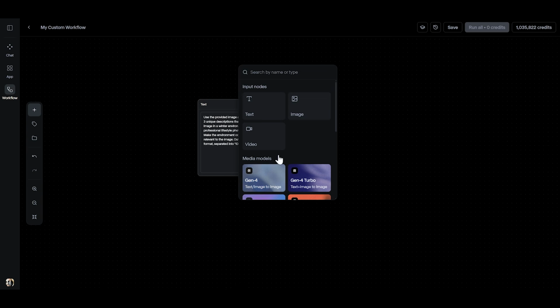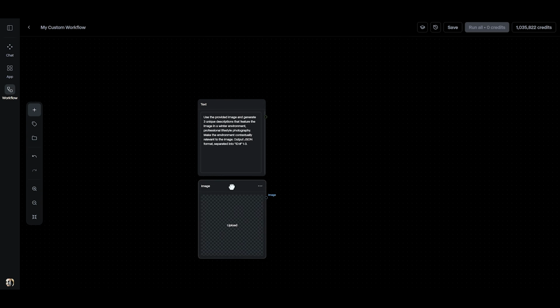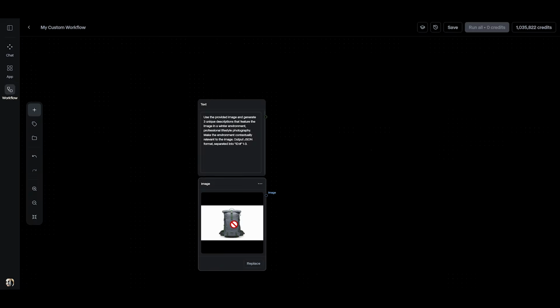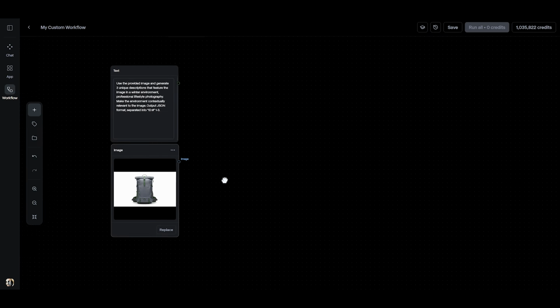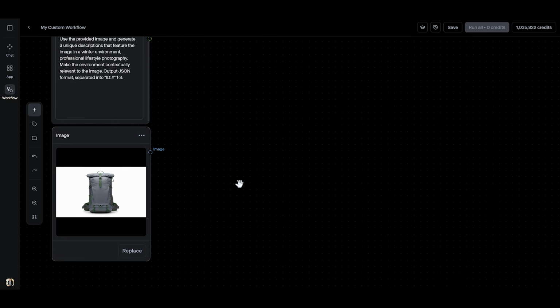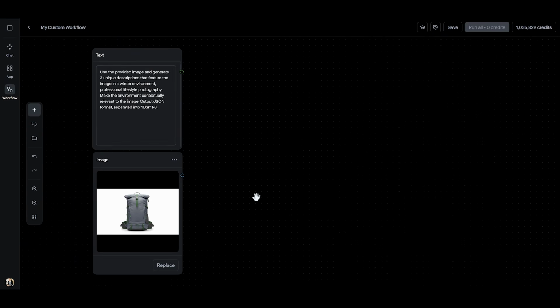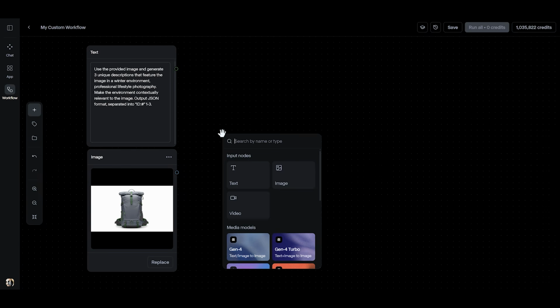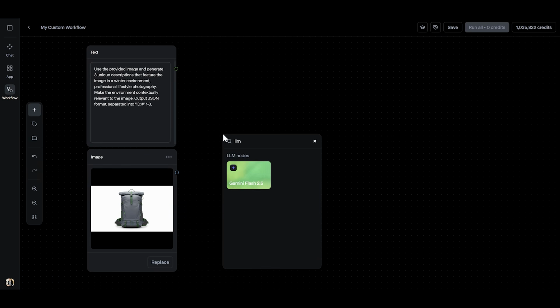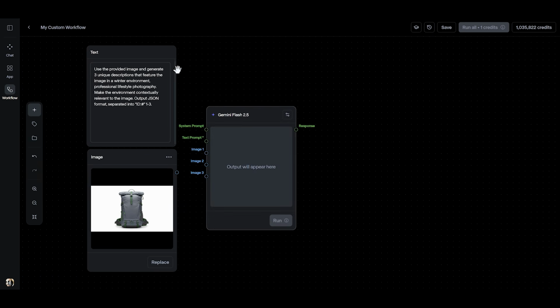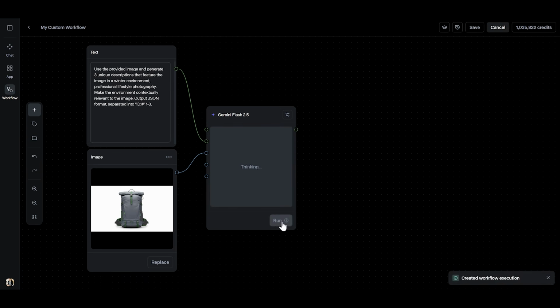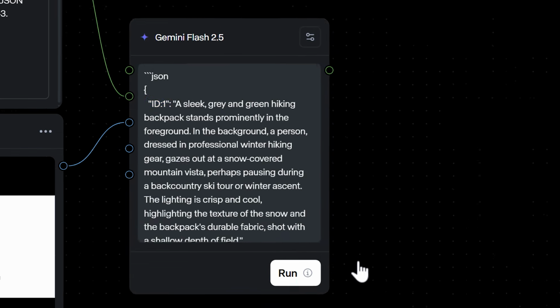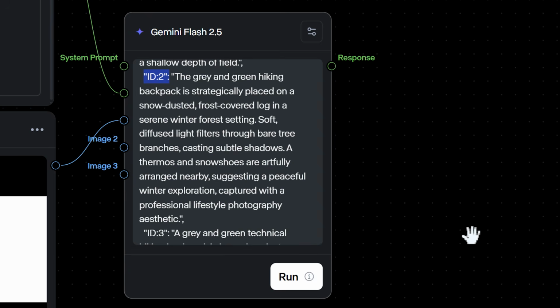Now let's right-click and add an image upload node, then I'll upload a picture of my product. Okay, now we need to pipe these inputs into something that is going to convert the idea into prompts. And for that, we're going to add an LLM node, which is going to iterate and automate this process for us. We'll connect the text node to the text prompt input, and the image to the image1 input, and then click Run. We now have 3 unique prompts that feature our product,